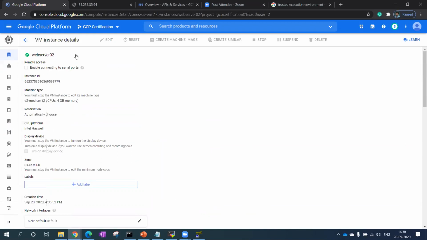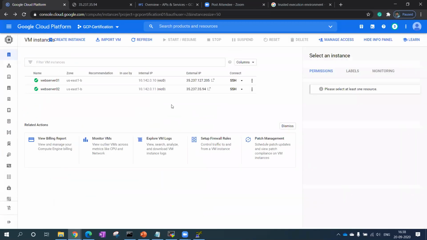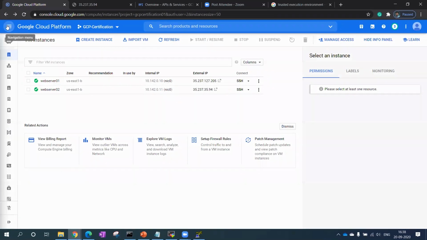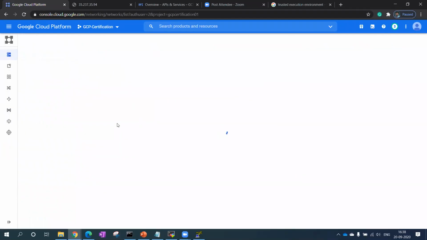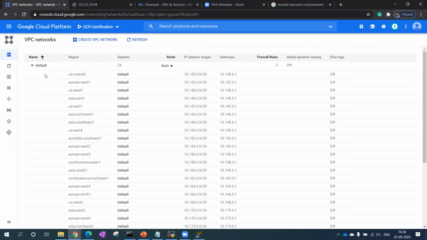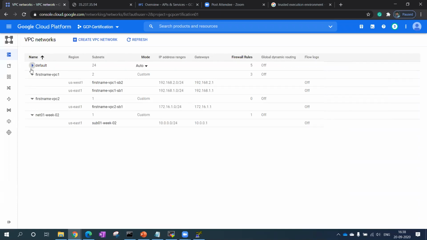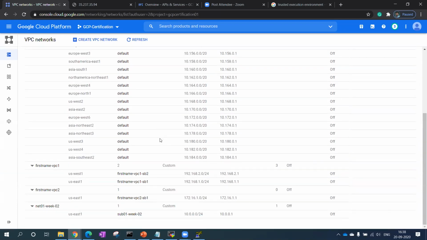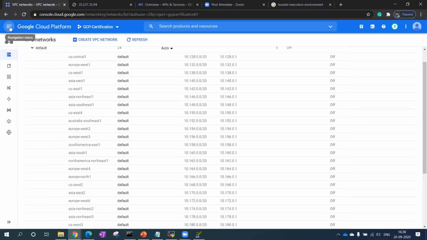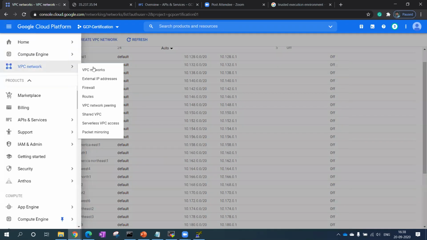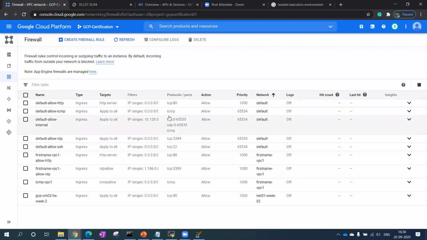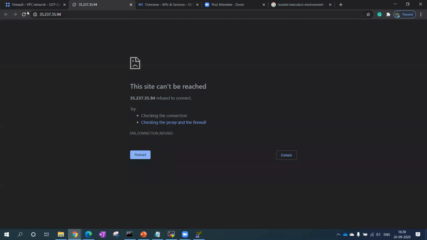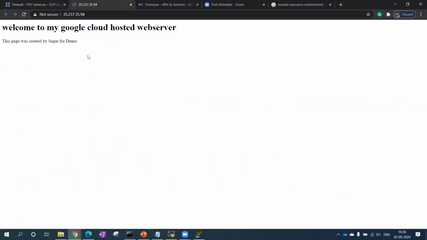Port 80. Let me go to default. VPC network. Just give me 1 minute, guys. Network default. I have to go to firewall. Network firewall. Port 80 is open, right? It allowed me to complete that. Let me see if it's working.